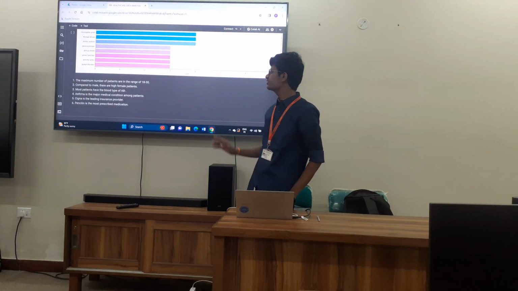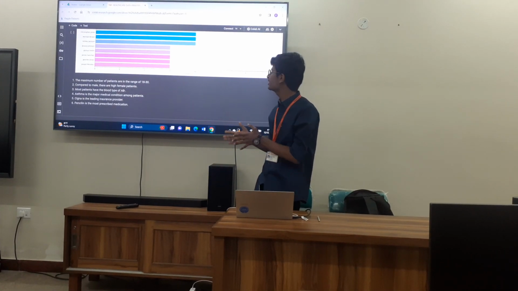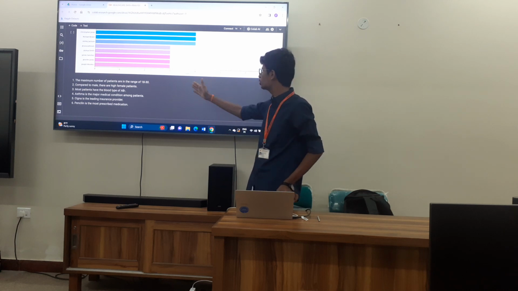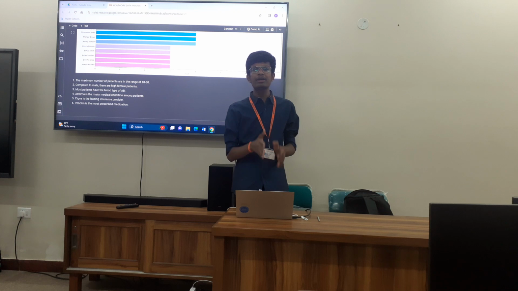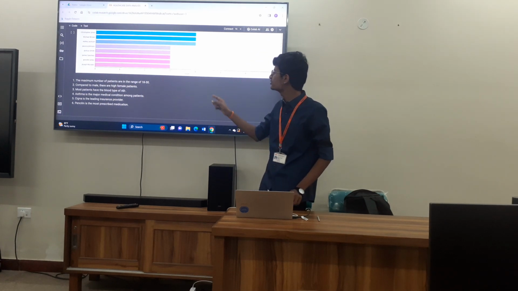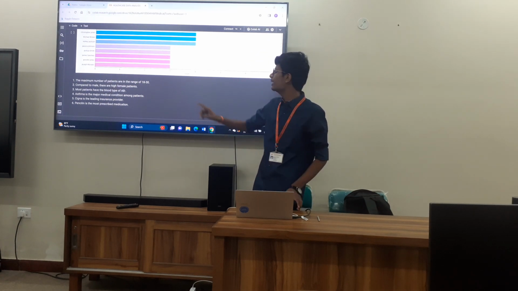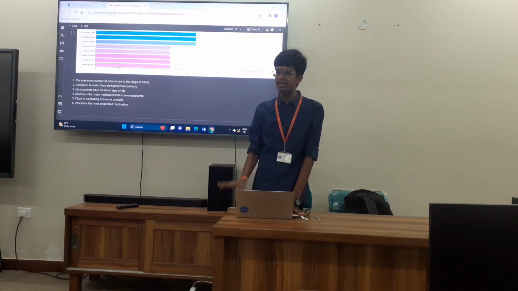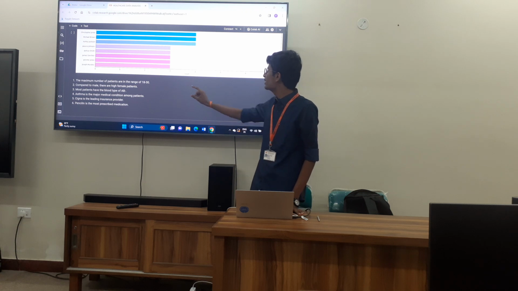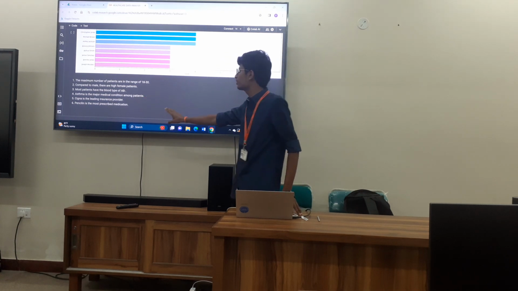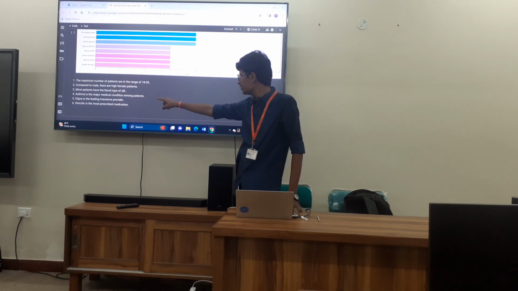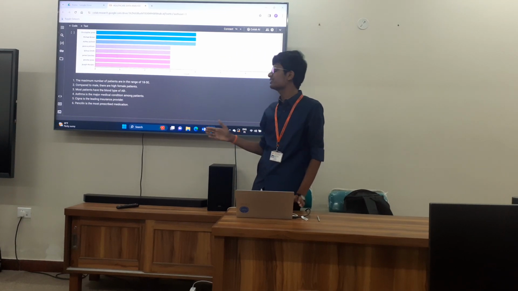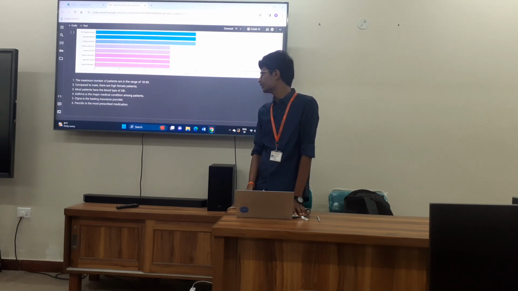The conclusions we can draw from this data set are: the maximum number of people are of age group 18 to 30, there are more female patients compared to male, and more patients are of the AB negative blood group. Asthma is the major condition suffered by most people, and Cigna is the leading insurance provider, the company providing the maximum number of insurances. Penicillin is the most prescribed medication among different blood groups. Thank you.